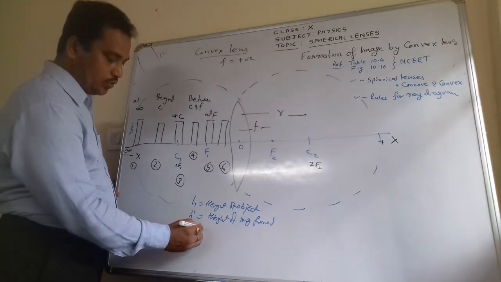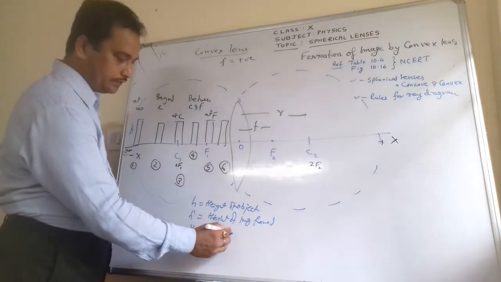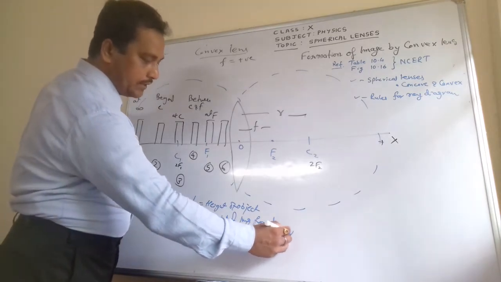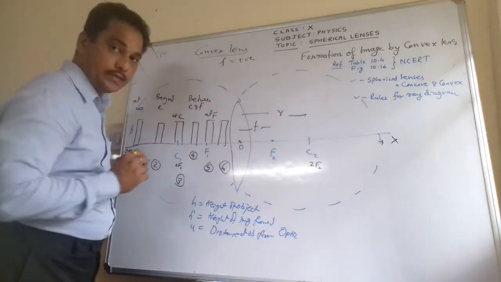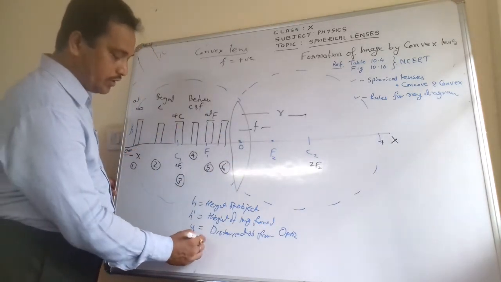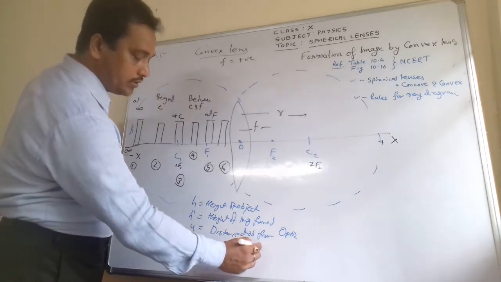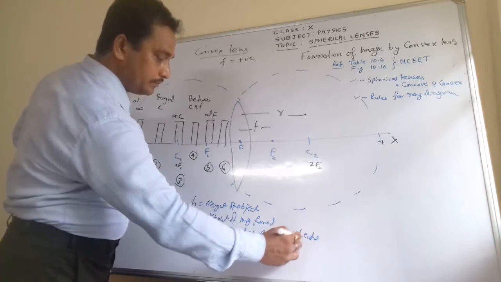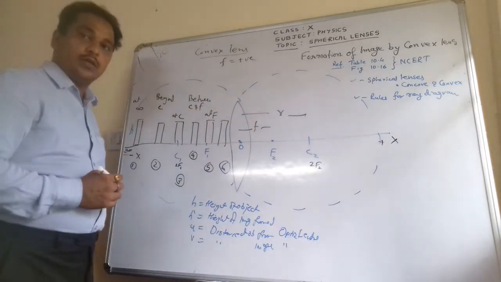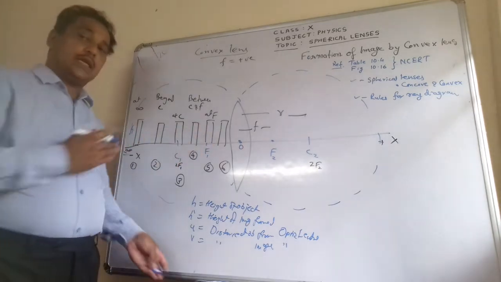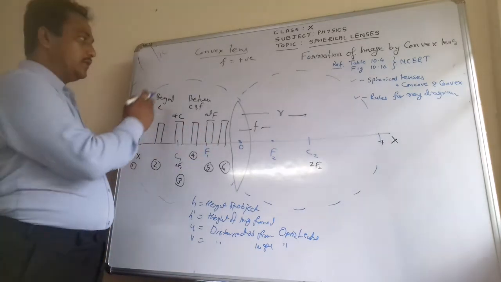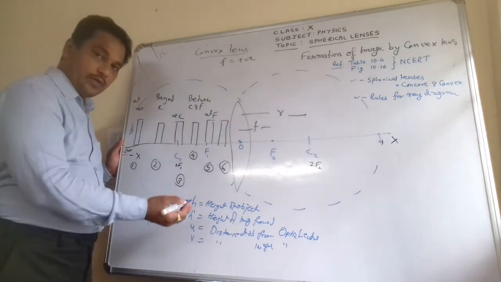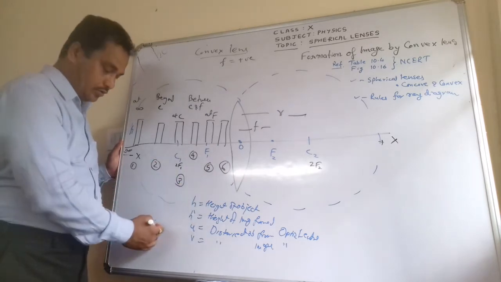And similarly, what is u? u is the distance of object from which point? Optic center, because all the distances are measured from the optic center in case of the lenses. And similarly, small v is the distance of image from optic center. Okay. So accordingly, you will put the sign convention. As the object is on the left hand side, u will always be negative, and where the image will be formed, if it is on the left side, it is also negative.